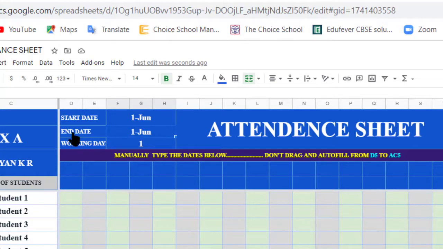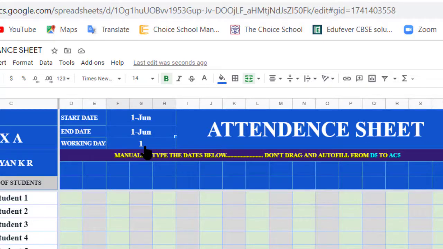Now this one we have to open. The other columns we have to block. So for that, which is the first date column which we are typing, this one. In this row we are typing the date of this month. This one we have to block according to the number.